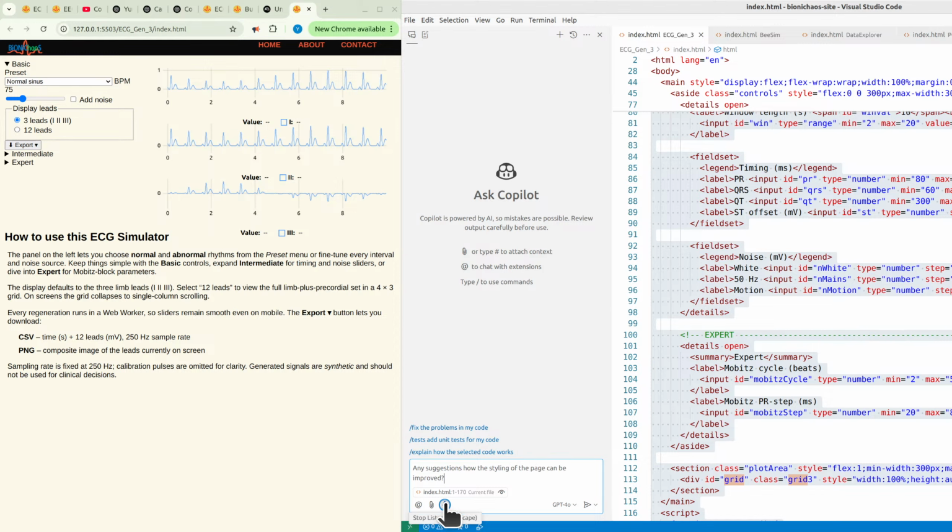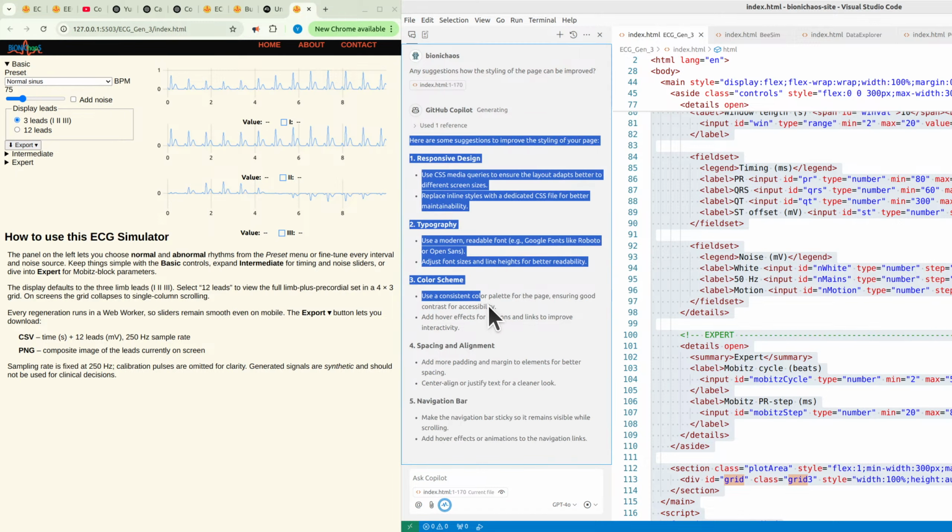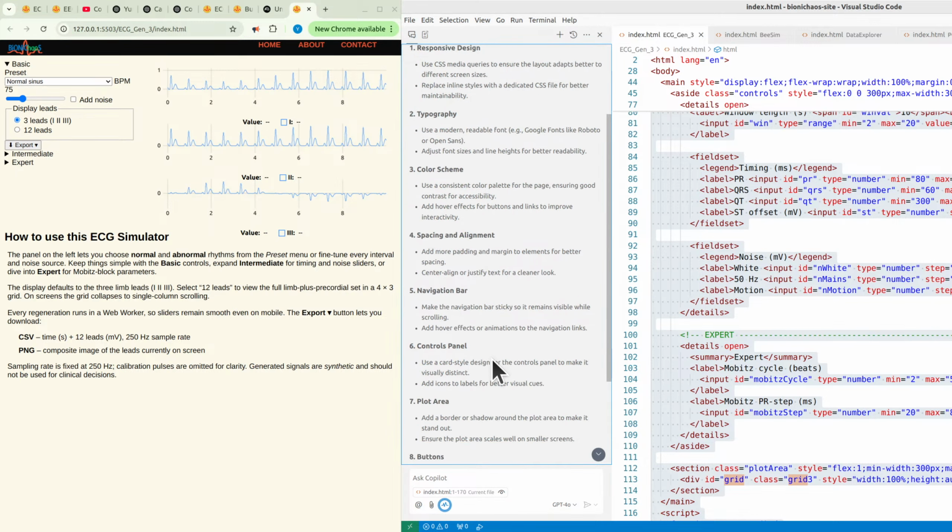Here are some suggestions to improve the styling of your page. 1. Responsive design. Use CSS media queries to